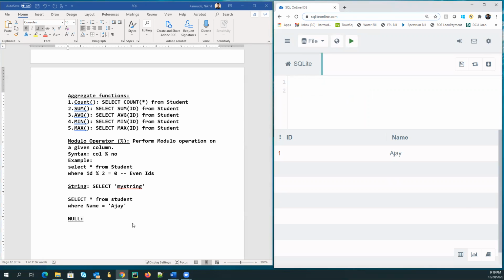So what does this null exactly mean? By definition, it means empty value, and if it's an empty value, that means this row or this value does not exist